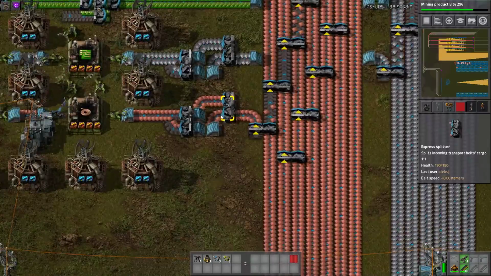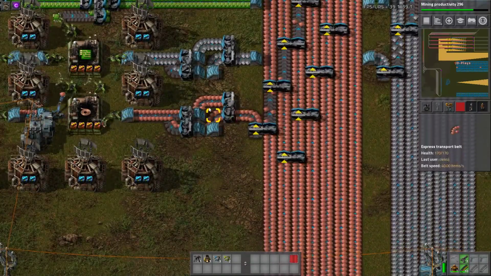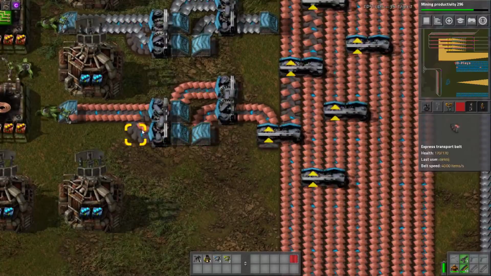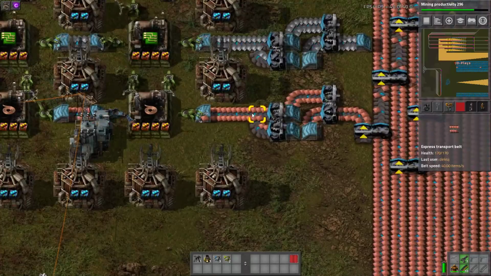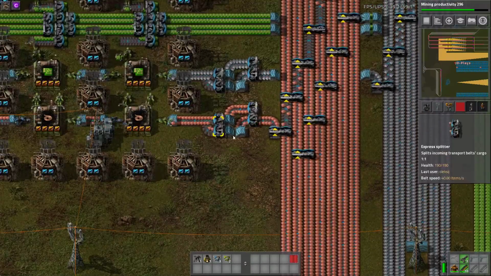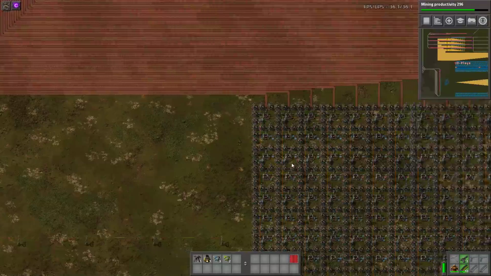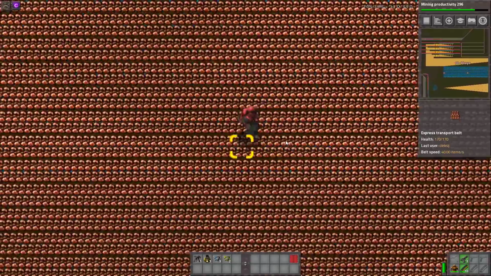And what is this? Oh, this is an attempt at a lane balancer. So we're pulling in the bottom line here and the top line here to force it out, hopefully, a fully compressed belt. In theory, at this point, it should be fully compressed. I don't know why we've got these, and I don't know how much of an impact on FPS and UPS